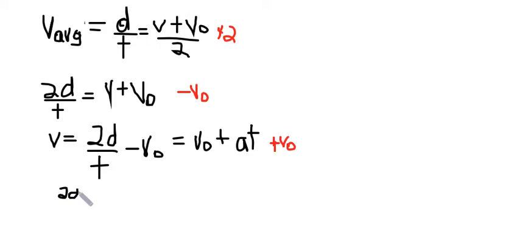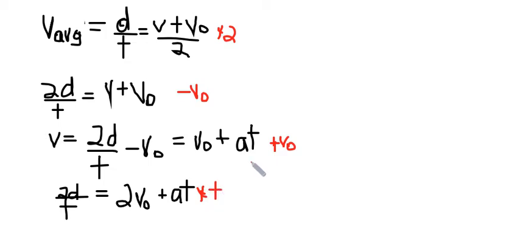2d over t equals, I've got the v0 plus another v0, that's 2v0 plus at. Now remember, I want to get d by itself, so I'm going to multiply both terms here by t. That gives me 2d equals 2v0t